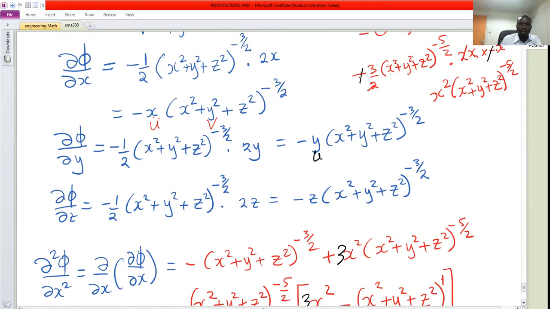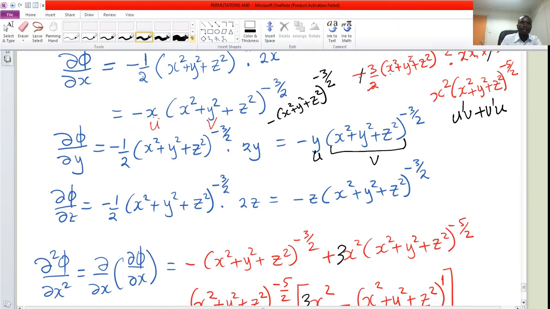Call this one u, call this one v. So by product rule, we have u prime v plus v prime u. When you differentiate this with respect to y, you get minus 1. So we'll have minus x squared plus y squared plus z squared raised to minus 3/2. And then this other part,